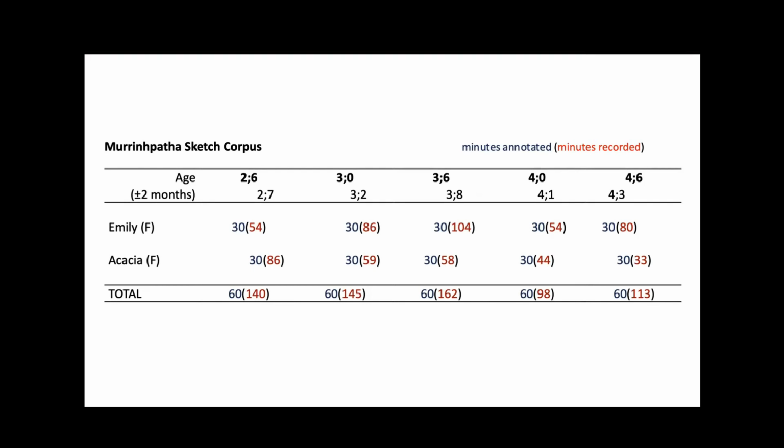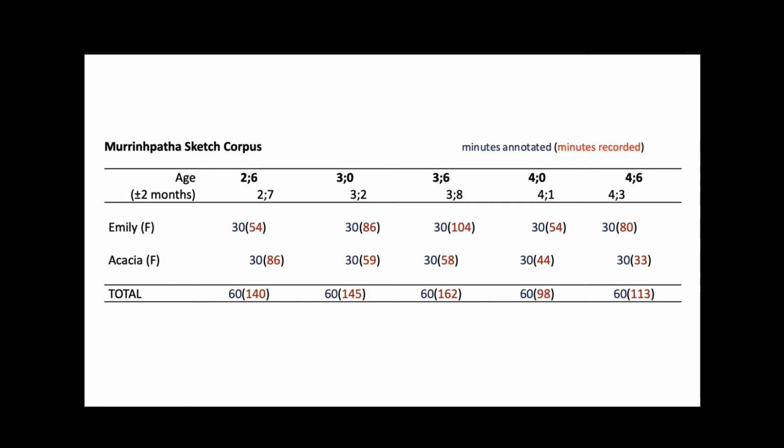We decided to do this because there was no earlier recording of Emily. These are pseudonyms, by the way. There was of Acacia, but it was essentially her and another kid sitting there sucking on an orange for about 50 minutes. So we decided we weren't going to get much useful data from that recording. There was a boy who we have recordings at these ages for, but it turned out he had a speech delay that was clear about halfway through recording him. So yeah, we've got from 2.5 to 4.5.